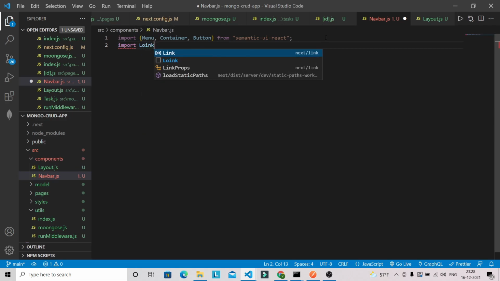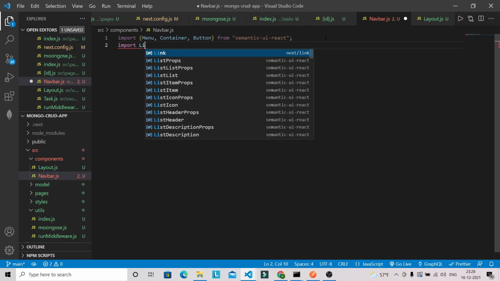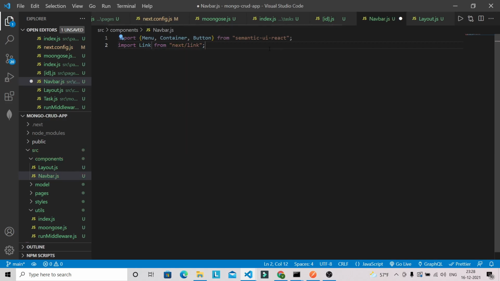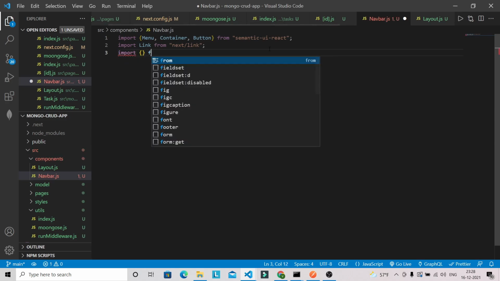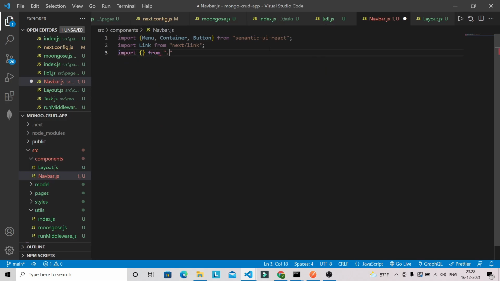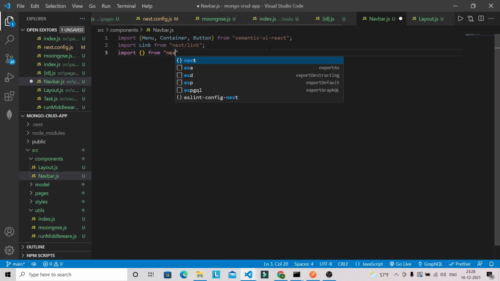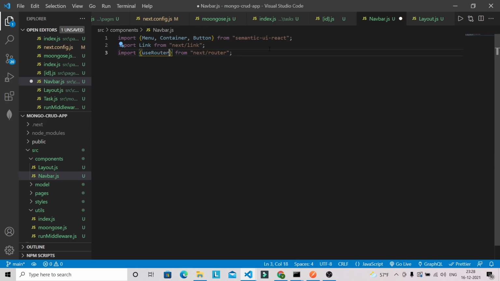So we need to bring Link. Okay. And we need to bring useRouter from Next. We're going to need this useRouter in order to navigate towards a different page.